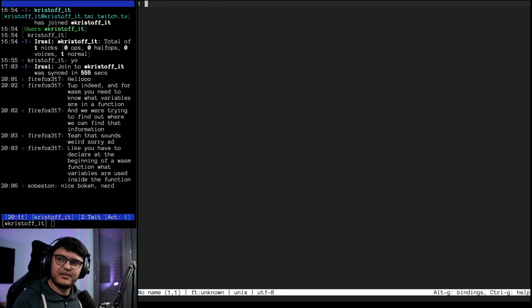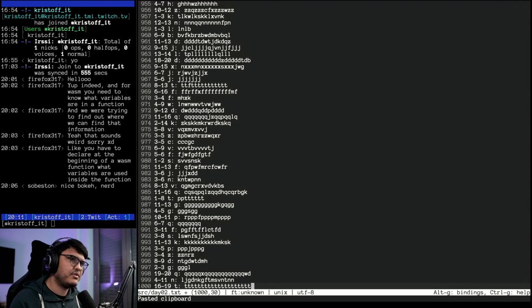Let's hope I remember how to use it, but it shouldn't be a problem. Control O, open source day2.txt, I guess. Let's do that for the input. So we paste the input and we save it.